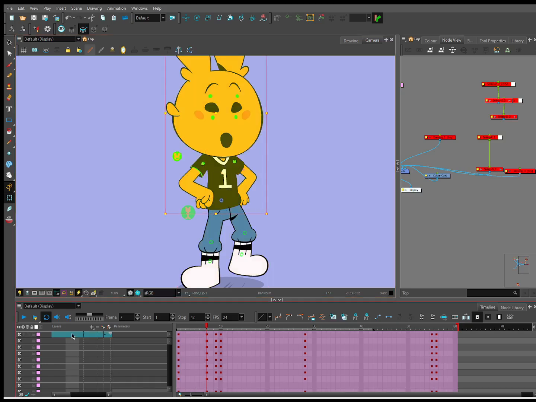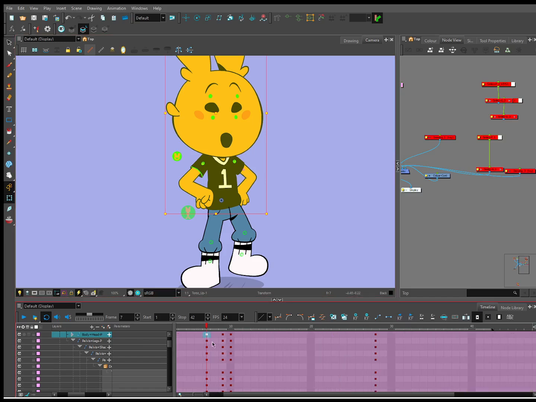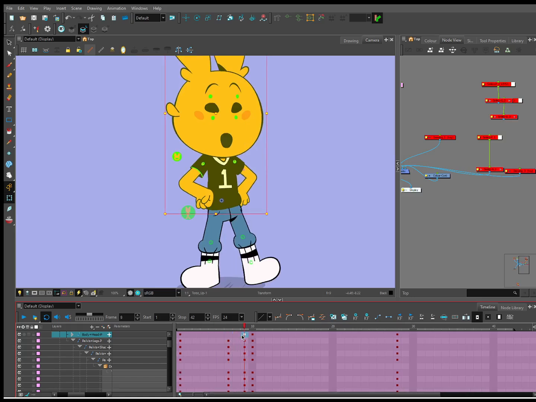We may have this weird thing going on now, but we can go to the peg. So I have my body and head peg. I use the center on selection tool, which goes straight to where I need to go in the timeline. And I'm just going to take it and move it over here.